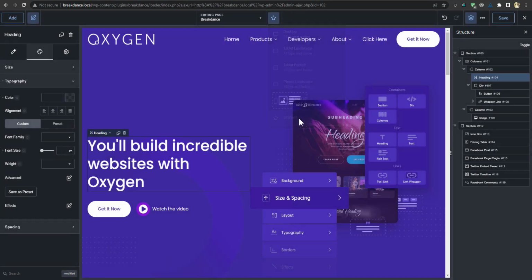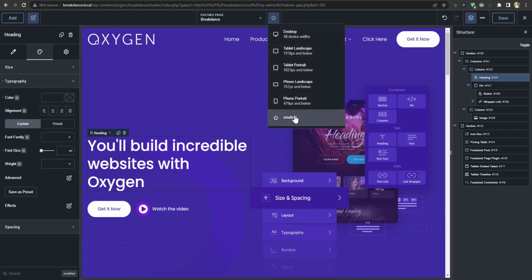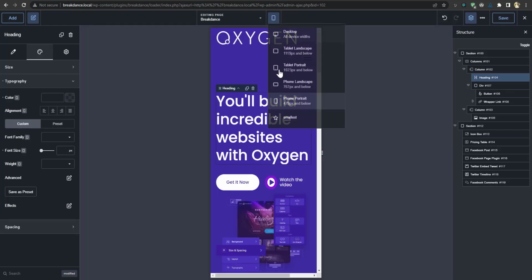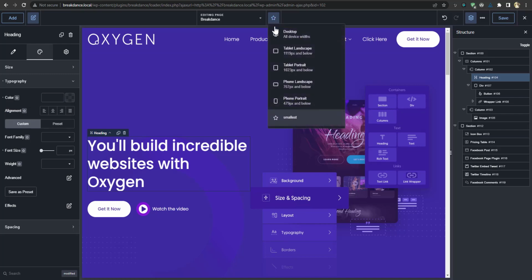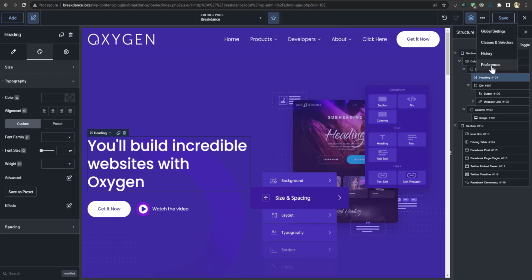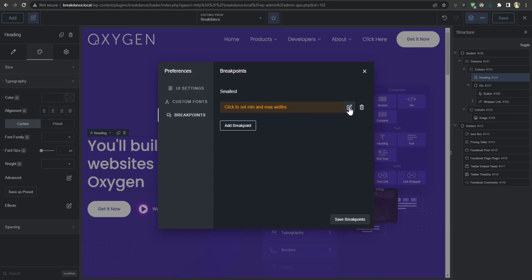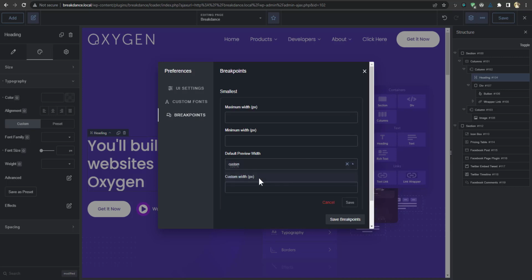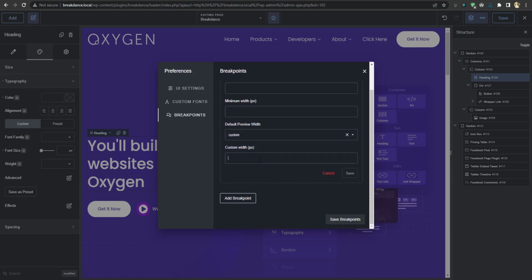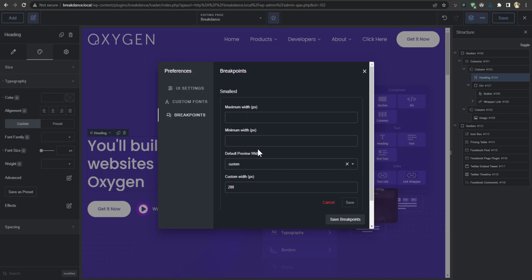Now if you go here, you're going to find the smallest breakpoint, and it should change. Why is it not changing? Did I do something wrong there? Let me check again. Oh, custom width should be 280. Did I put pixel there? I think that's a problem. Oh, what is going on here? So I needed to put the pixel, px. So 280 px. I mean, they should have,